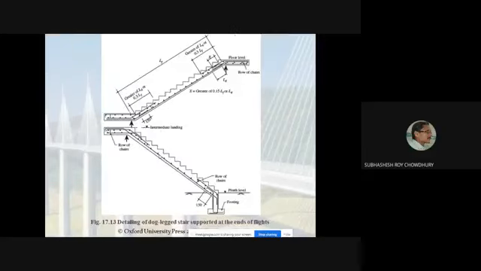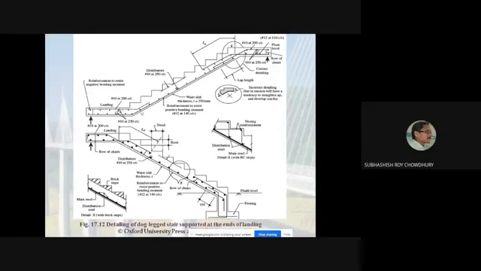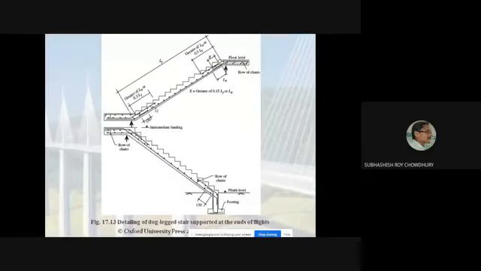Similarly, this is the case where it is supported just at the junction of the beam. That means this one and this one. In this case it will be almost similar, but here the top steel will be sufficient, but this will not be part of the span of the stair. So it will be outside this one. Either it will be a cantilever slab or it will be part of the floor slab. So here the top steel must be provided along this line.